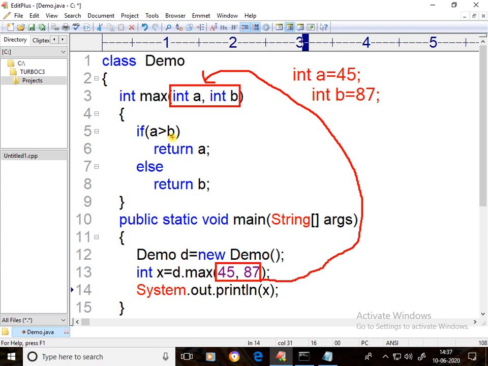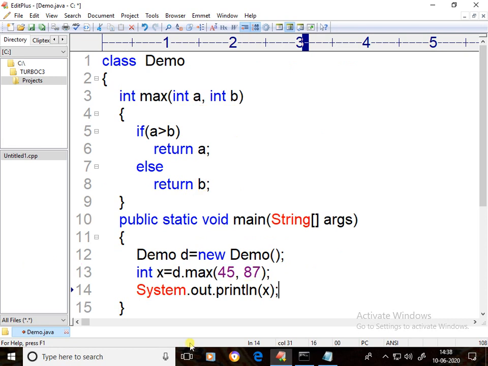Now 45 greater than 87 is false, then return b. This b is copied in x, so this statement becomes int x equal to b. It is with arguments, it is with return value. This is the reason this category is called methods with arguments and with return value.